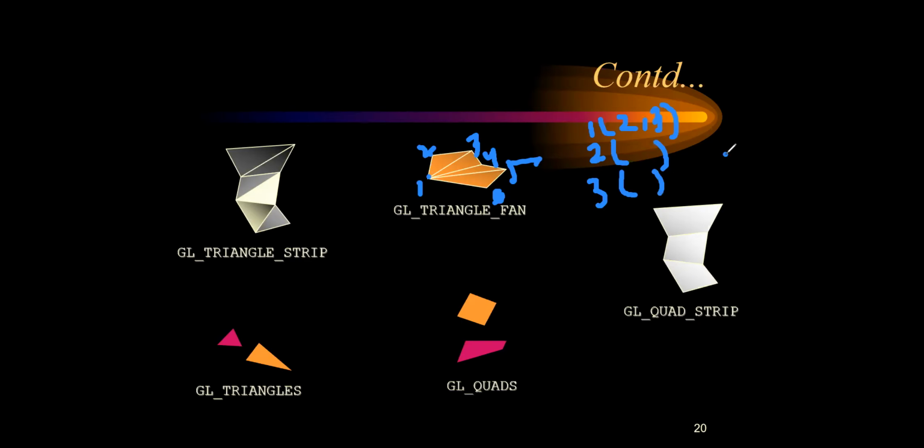The image will start from 1, it will draw here, it will come here to 2, then it will come here as 3. Okay, now suppose here you have written the fourth one, then the fourth one is here, right? So according to that, it will just draw like this, but it will not draw from 1 to 3. If you want to do that, then you have to repeat that 1 point again, and you have to repeat the 3 point again.